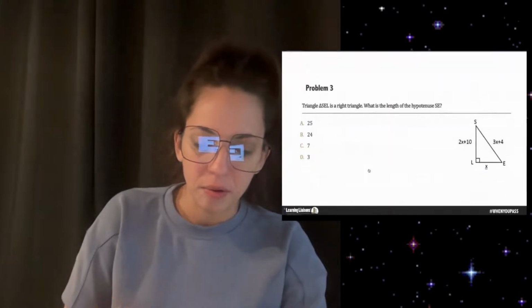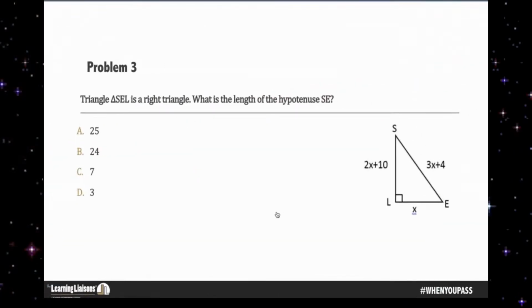All right, problem number 3. Triangle SEL is a right triangle. What is the length of hypotenuse SE? This is a very interesting question